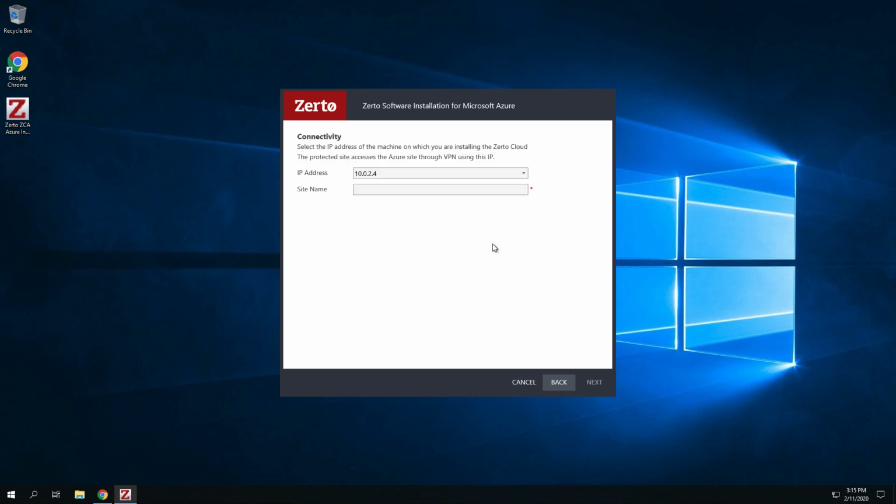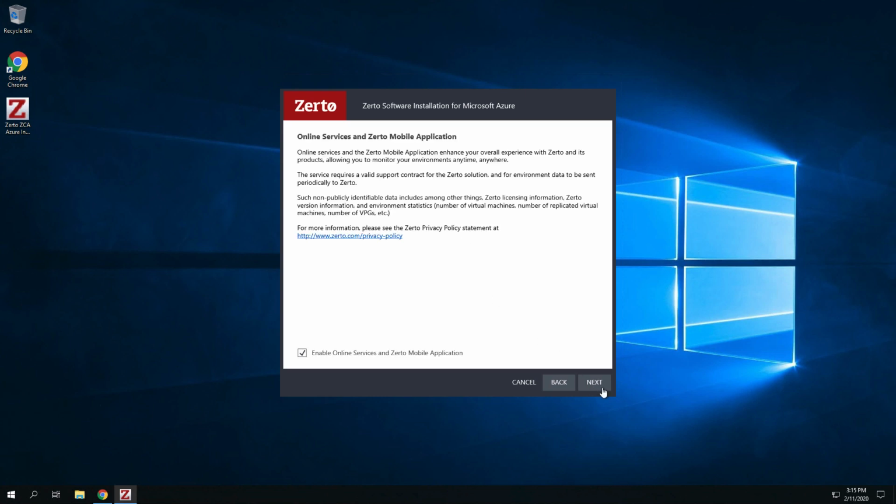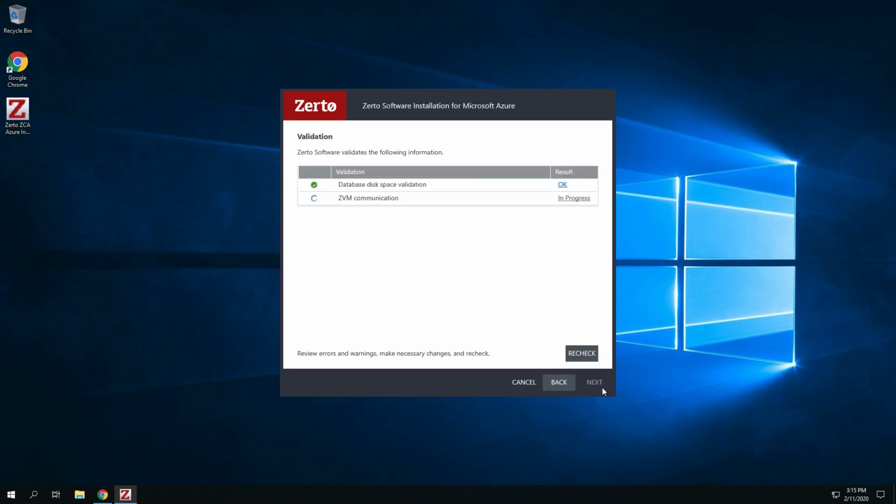Click Next. On the connectivity screen, select the IP address on which the ZCA services communicate to any other Zerto site and enter a unique name for the site. Click Next. Leave the Enable Online Services and Zerto Mobile Applications checkbox selected in the Online Service and Mobile Application dialog